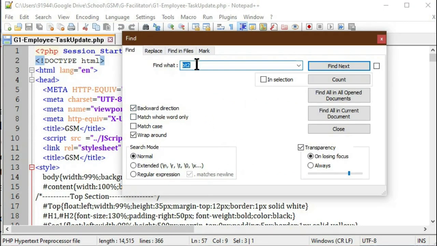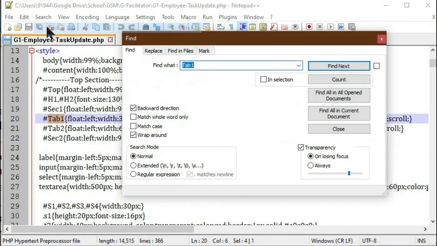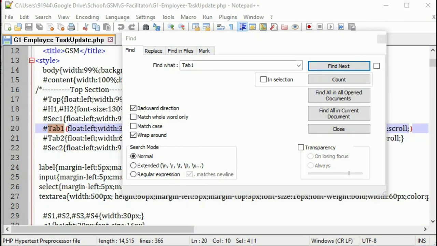Here you can type any word in Find what, or you can select a word from the content and click the find word, and then the word will be captured and filled in the Find what input box. Then if you click Find Next, it will navigate through the entire file and show the next match of that word. This find dialog box has four checkbox options on the left-hand side.